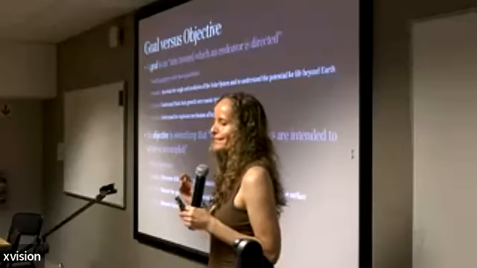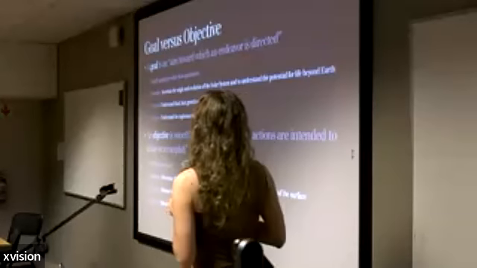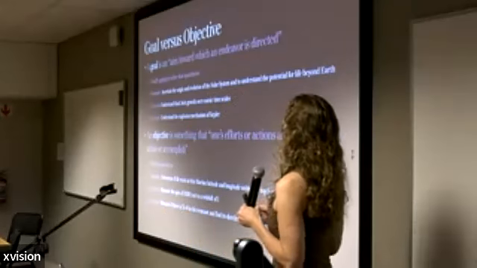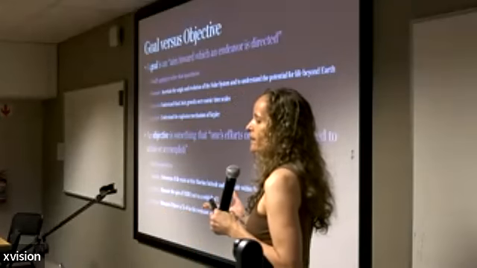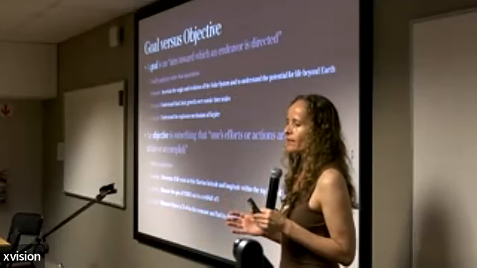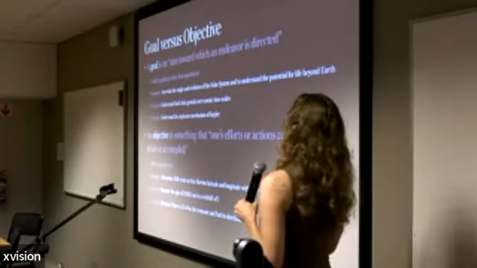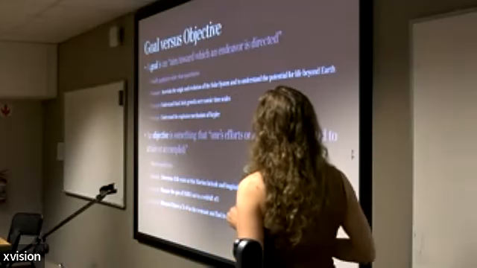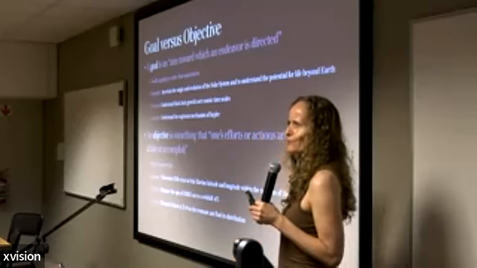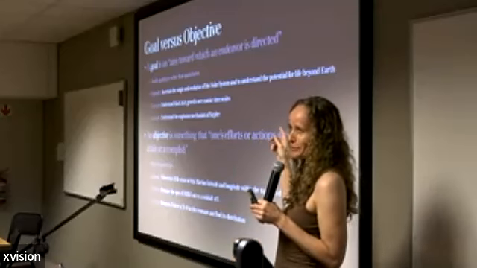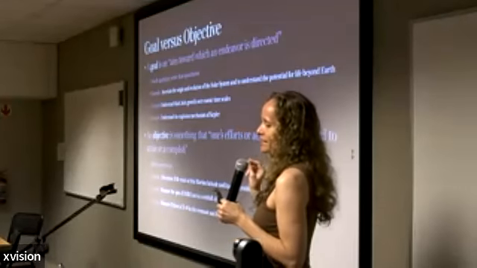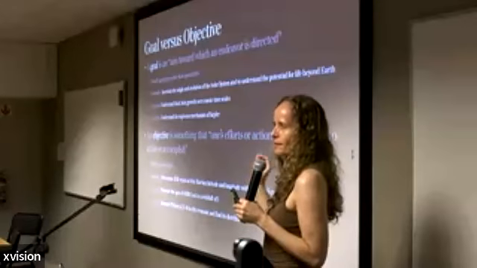Here's a couple of examples, going from very large and big to the smaller, which you would have in your own proposal. JPL is mostly a planetary center, so you see this planetary goal: ascertain the origin and evolution of the solar system and understand the potential for life beyond Earth. You can see that's an enormous goal. If you wrote one proposal to solve that, you would get a Nobel Prize. You're not going to do that. So the objective is then to take one step along that path towards the goal.